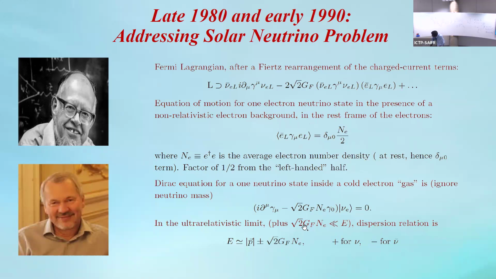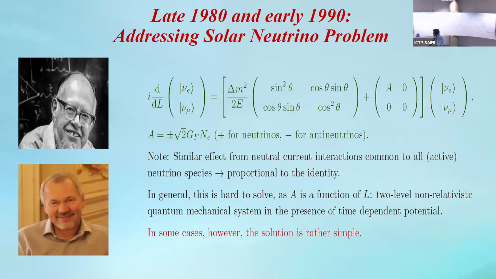Then the Dirac equation for one neutrino state inside a cold electron gas, you can write down following this equation. And then for the dispersion relation, E is not exactly p, but it's corrected by square root 2 G_F N_e. So then it's interesting to see there will be two